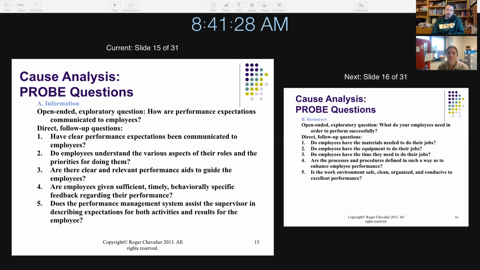Do employees understand the various aspects of the roles and the priorities for doing them? So this gets them to think about roles and priorities. I guess I haven't really told my employees that I really want them to treat customers with the utmost respect. That's my main priority. So they know it's important, but when it comes down to